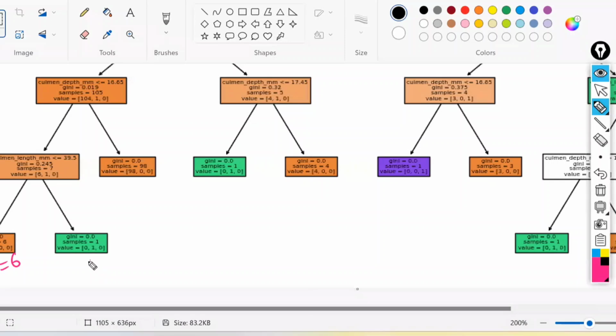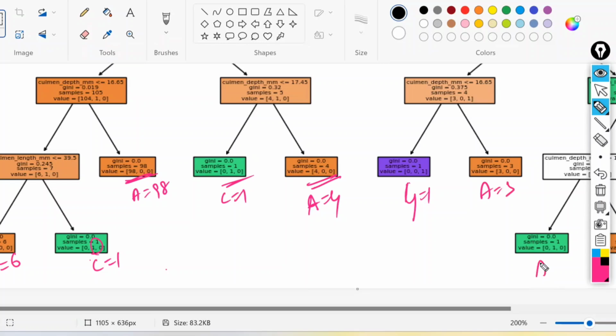This one belongs to class C with 1 record. This one belongs to class A with 98 records. This belongs to class C with 1 record. This belongs to class A with 4 records. This belongs to class G with 1 record. This belongs to class A, 3 records.